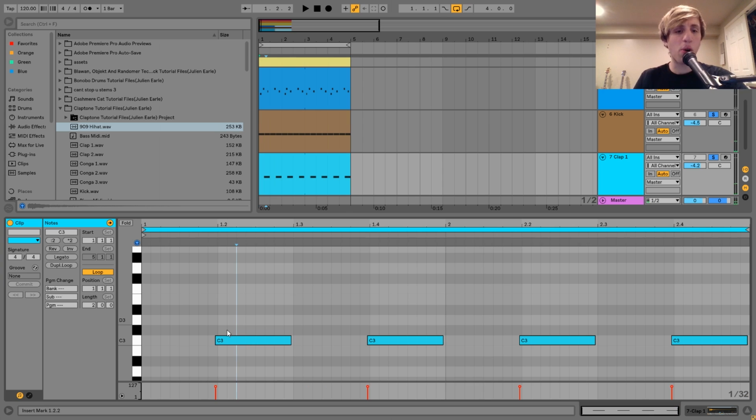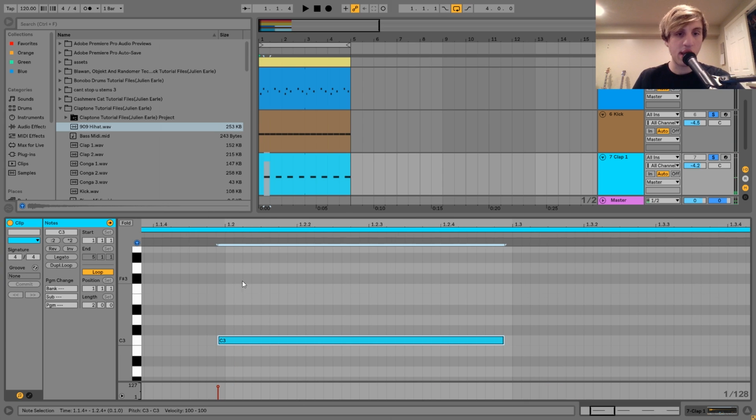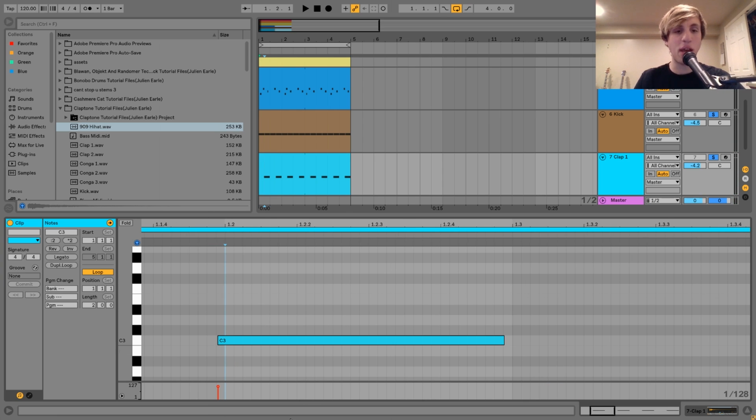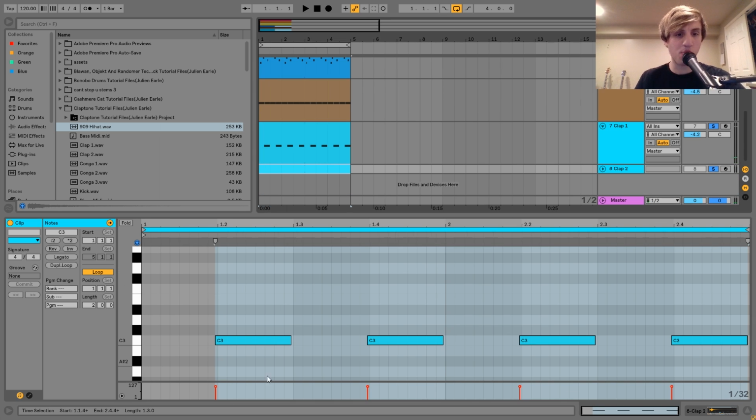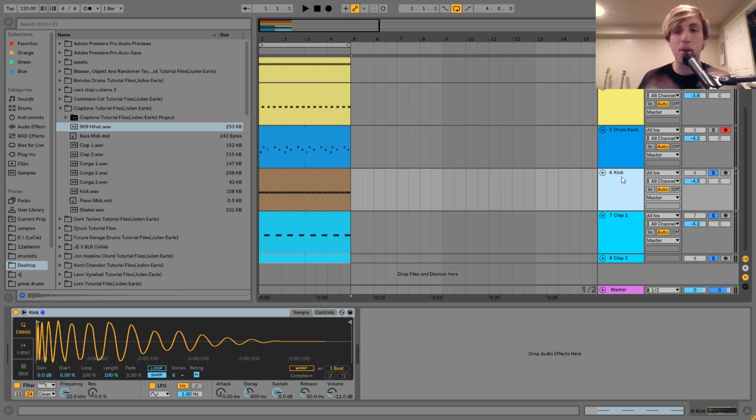Basically what I've done here is I've programmed them a little bit ahead of the beat. You can see this is the line where it should be hitting if it was perfectly on the grid, but I moved them back a little bit. I also did that on this one. It's the same amount. And what this basically does is it makes the clap sound more live,